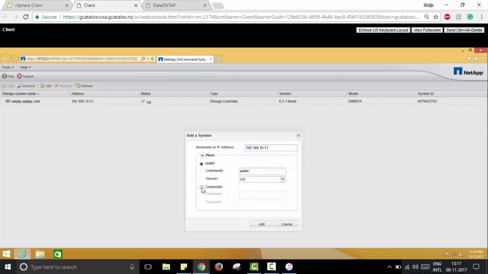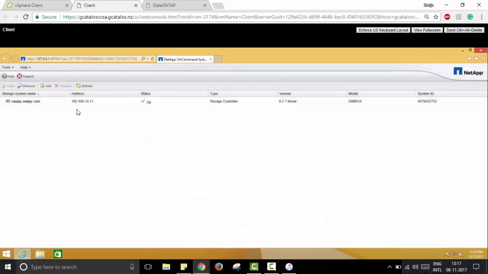Under this we can see there are two options, like SNMP and credentials. Credentials are nothing, we need to provide the details of our Data ONTAP simulator. So once we provide it, we can click add. Since I have already done it, I'm just going to open my storage, and the status should be up